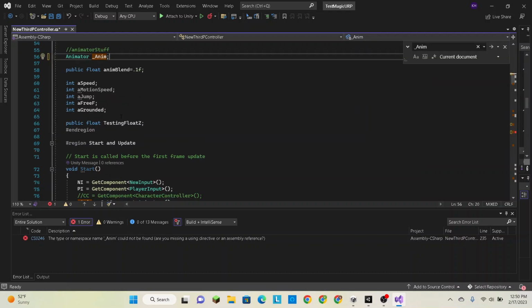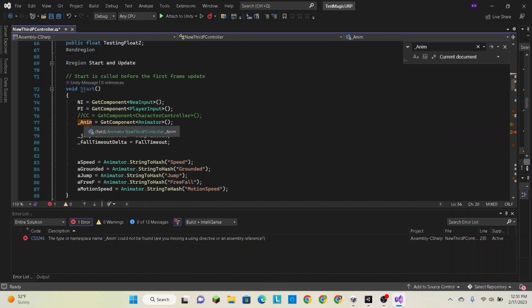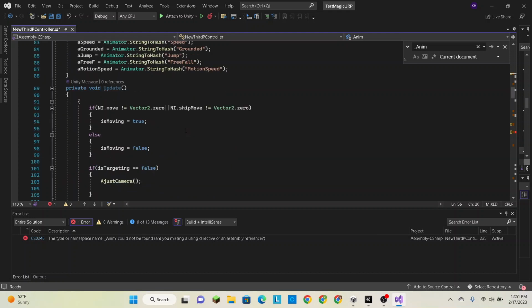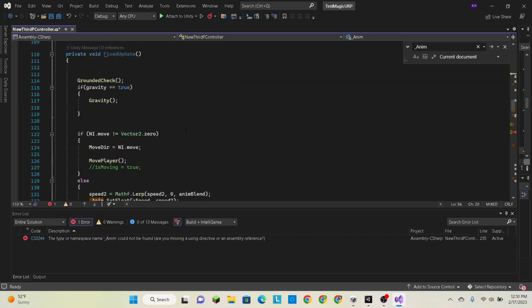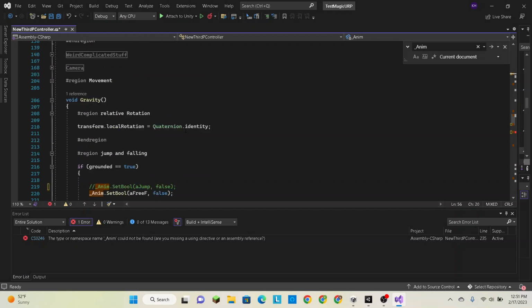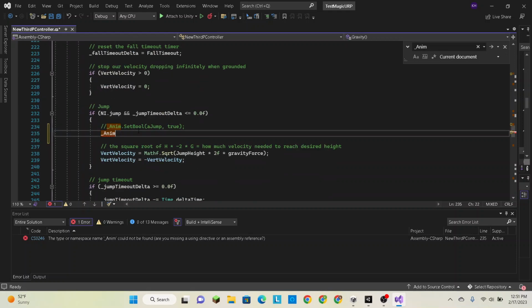And then in the start method, you would put underscore anim equals get component animator. And then down in whatever section that you have your jump variable in,